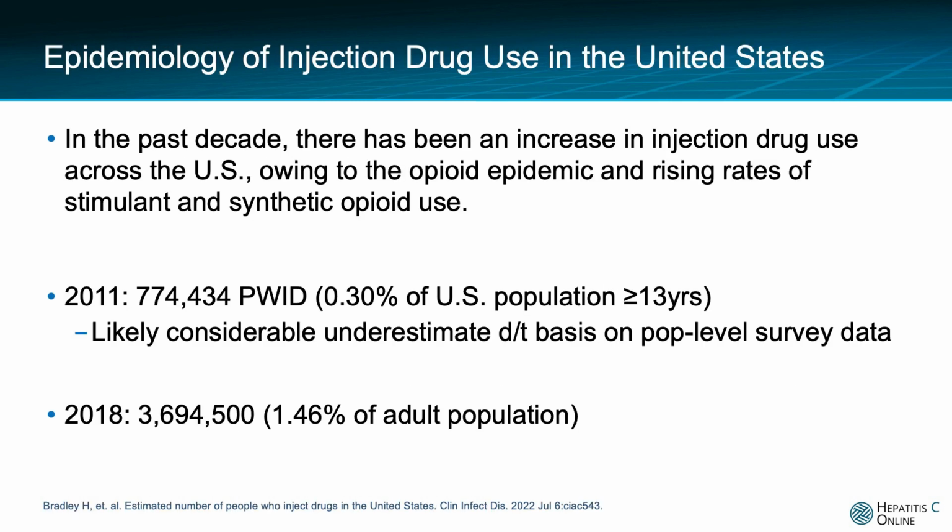In the past decade, there has been a significant increase in injection drug use across the U.S., largely owing to the opioid epidemic and rising rates of stimulant and synthetic opioid use. In 2011, there were an estimated 774,434 persons who inject drugs, also known as PWID, in the United States. However, the estimated number of PWID rose to nearly 3.7 million in 2018, which equates to 1.46% of the adult